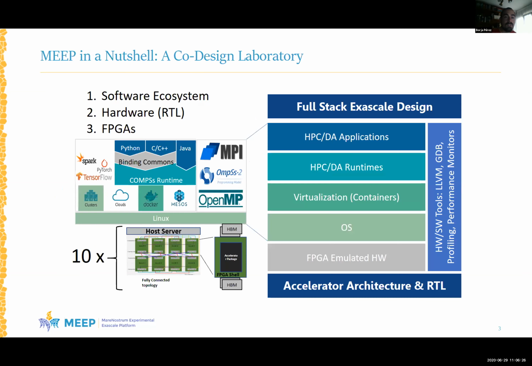And to do that, we are going to take a look at the full stack. We are going to take a look at software, even including the OS, and then all the way down to the FPGA and to the hardware and the architecture itself. But before we take a look at the whole stack, well, we have to think about the architecture itself. We have to think about what the accelerator that we are going to design and architect looks like.